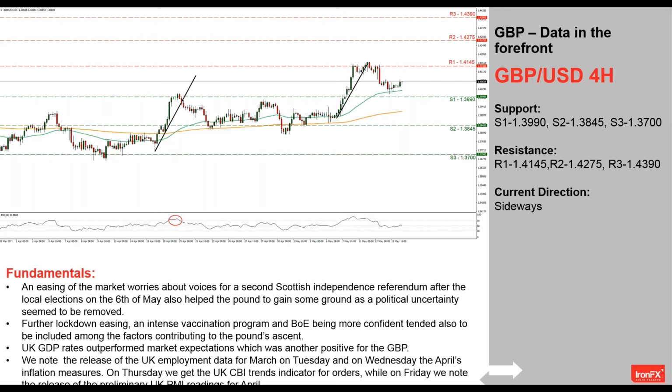In the pound's fundamentals, we would highlight the UK government's worries for the spreading of the Indian strain of COVID-19, which could also increase the related market worries as the mutation seems to be highly transmittable. Should negative headlines multiply, we may see market worries intensifying, and they could weaken GBP.